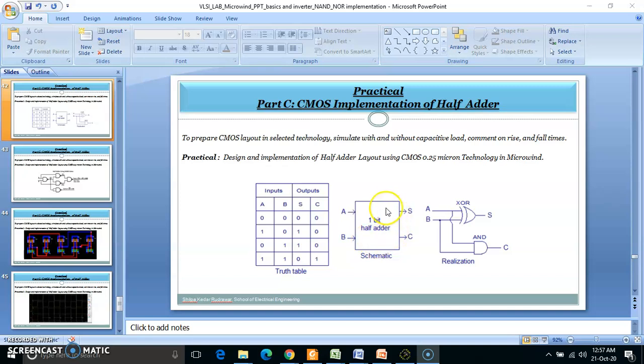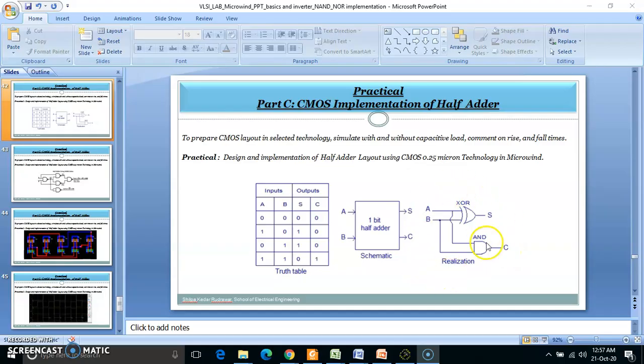And this is the block diagram of the half adder, that is a 1 bit half adder having two inputs A and B, and sum and carry will be the outputs. Now whenever you have to implement a half adder using normal gates, this particular circuit diagram or realization you already know: the XOR gate forms your sum, that is A XOR B is your sum, and A and B, that is your carry.